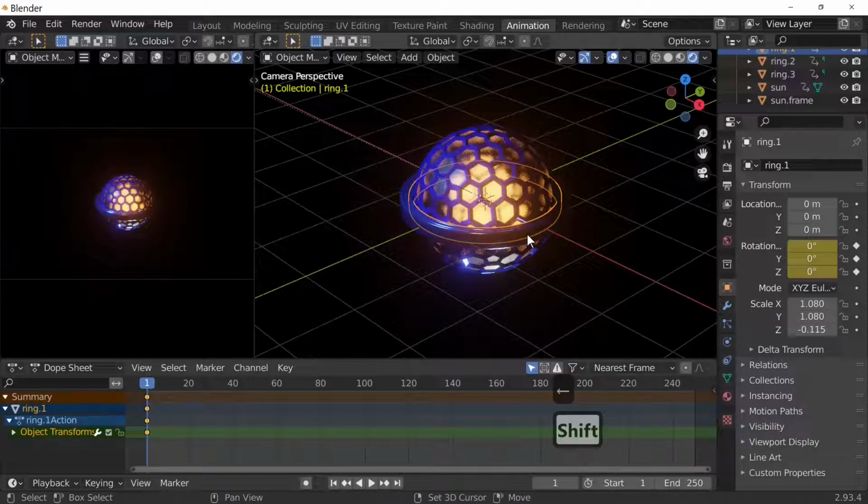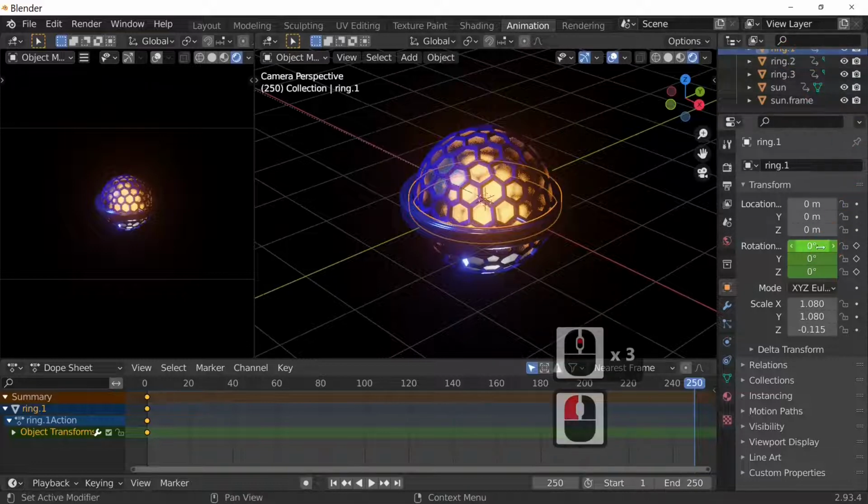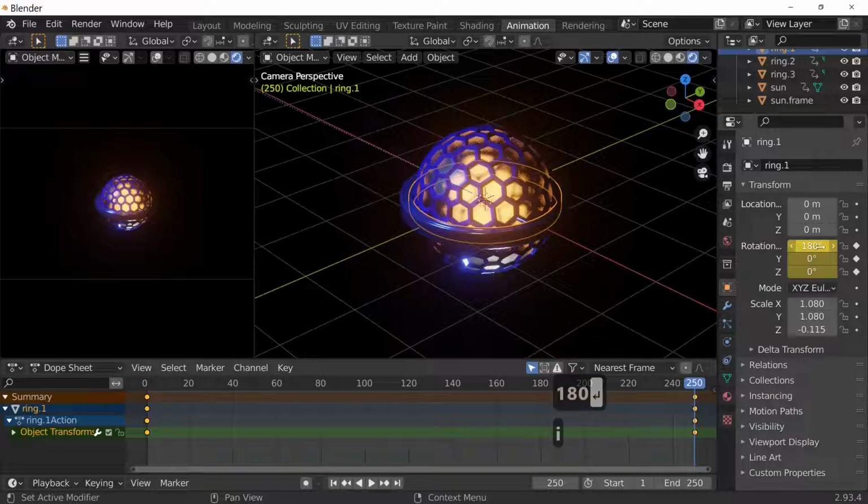So going to the end frame, shift and right click. What I'm going to do is turn these by 180 degrees, which is quite effective actually. So ring 1, I'm going to change it on the X to 180, press I, and then select the keyframe.